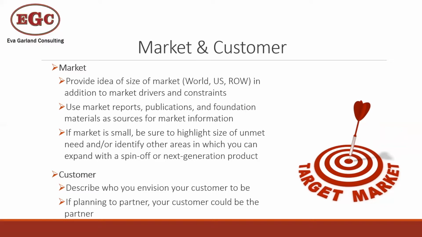This information can actually be very tough to find. Market reports, of course, are like the number one place to find it. However, they are very expensive and can be cost prohibitive for small businesses. You can often get the same information from publications, especially reviews. Often we'll have some market information. Foundation materials are a good place to also look. It really just comes down to Google searching to see what you can pull. And keep in mind looking at the image results from your Google searches, because they often have nice figures or charts that you can pull from to get some of this information and to also use in your application.